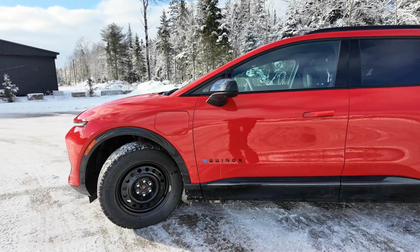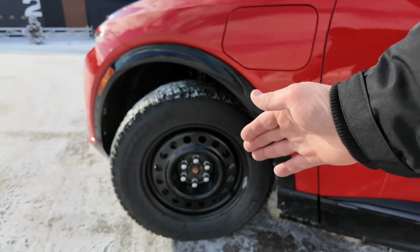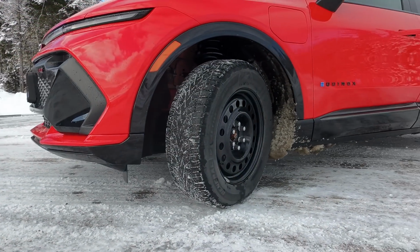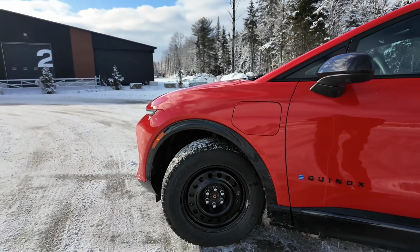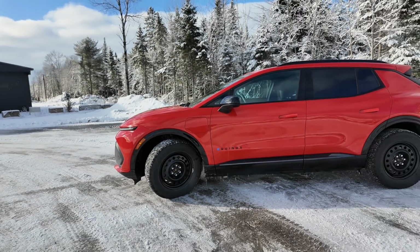I'll definitely be doing a cold weather test with this EV, more than one, I would say, and some range cold weather tests. So the first thing I did, as I was saying, is I swapped those out. I got winter tires on there on 17-inch wheels. We're talking about 235/65 R17s, and it has to be rated for EV, because EV is definitely way more